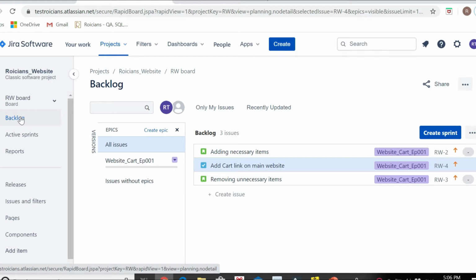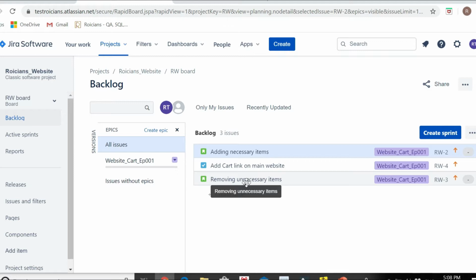The Scrum team will prioritize the stories according to their importance. For example, let's say a particular story is very important to implement. It is a major functionality of an application. Accordingly, the features will be prioritized first and then the implementation will start. The Scrum team will first look into the stories, prioritize them, and allocate story points. Story points mean how complex the story is going to be. Accordingly, the team will give points to the story.